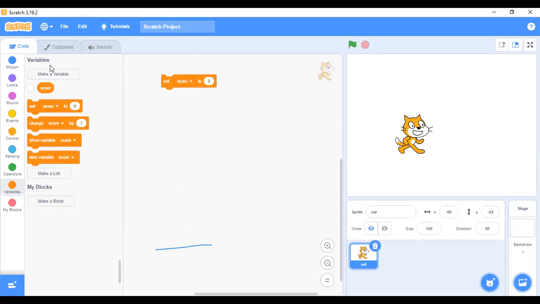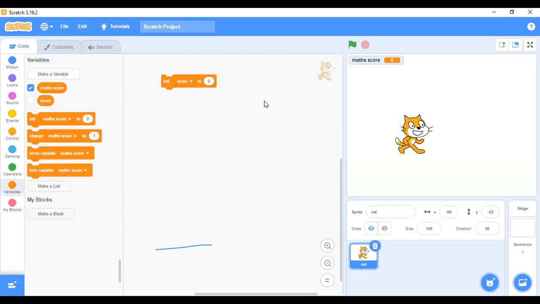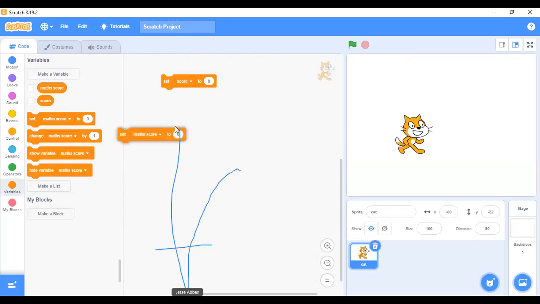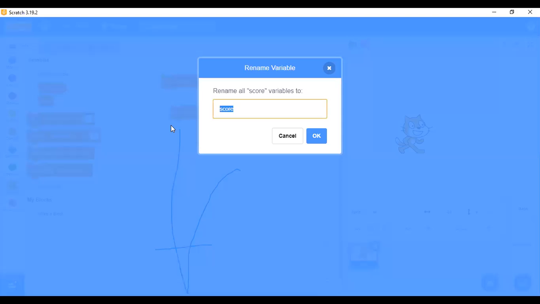Let me also make another variable. Let me change it to math score. This is another variable again, math score. If I bring set math score to 0, that's another variable. You already know what it represents. Let me change this so that you can understand the variable very well. Let me change this to English.